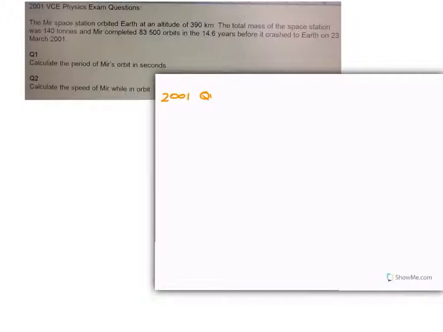Okay, we're going to look at the question from 2001, question 1 firstly. Just reading through the text there. The Mir space station orbited Earth at an altitude of 390 kilometres. From that you'll be able to work out a radius. So it's going to equal 390 kilometres, and you need to add that onto the radius of the Earth. And the radius of the Earth, if I look back in my notes, is